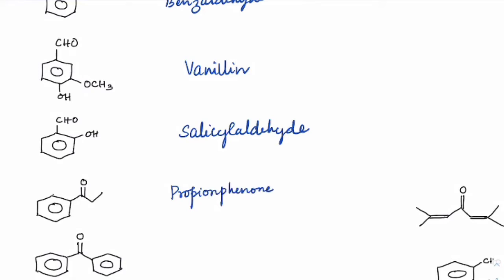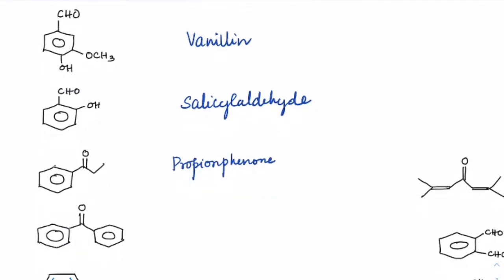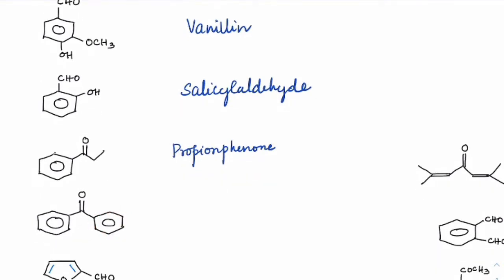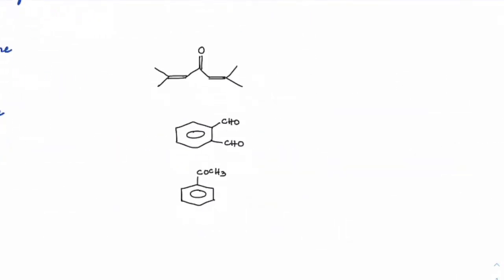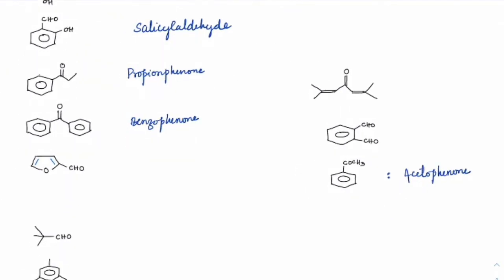Phenone. Got it. Similarly, if one side there is phenyl and the other side there is phenone, you call it benzophenone. It's called benzophenone, right? That also brings us to the case here: this one is CH3 C double bond O from this side, and phenyl will have C double bond O. So this is acetophenone. In fact, these are the accepted IUPAC names as well. Got it? So make a note of that. That is acetophenone.